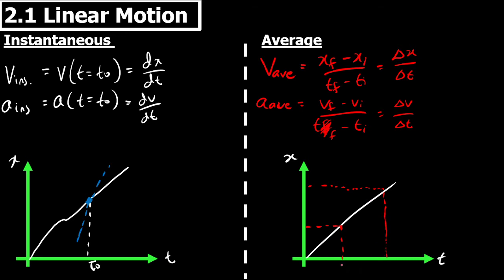So I have tf here, ti here, and the difference between them is delta t. And then I have xf here and xi here, and the difference between them is delta x. So as you can see, there are 2 points in the average case, and there is only one point in the instantaneous case. All right, so moving on,